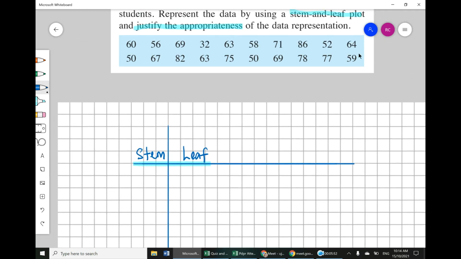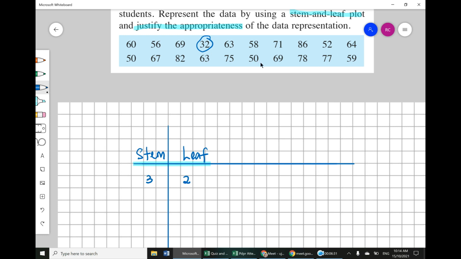Out of all the 20 numbers over here, can you find out which one is the smallest value? 32. Yes, 32 is the smallest one. So the stem here, just now I told you, the value of the stem comprises a value of 10, right? So I'm going to write the 3 here. It means 30. I think I better write it down in the box so that you can organize your data properly. So I'm going to write the 3 here and the leaf as 2 here,